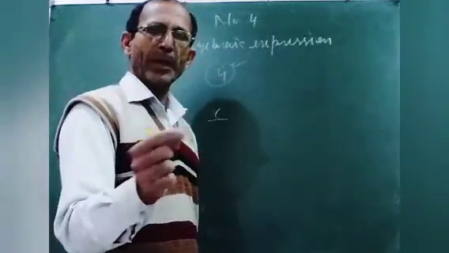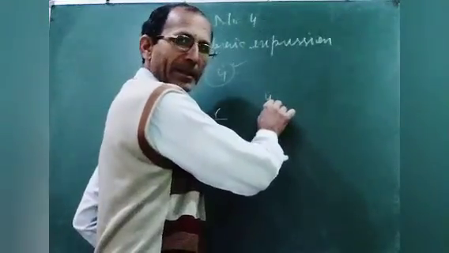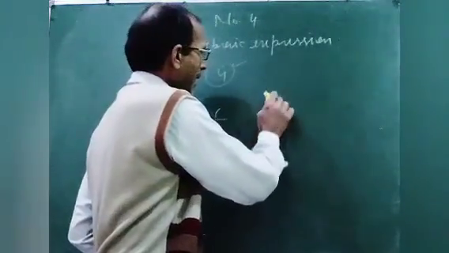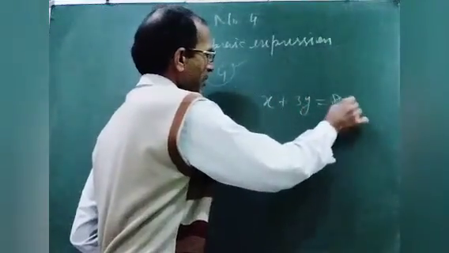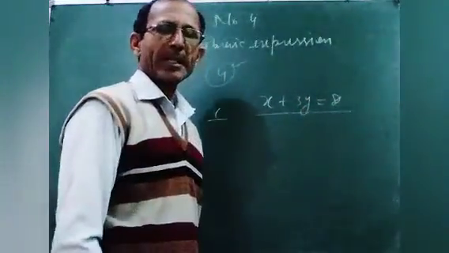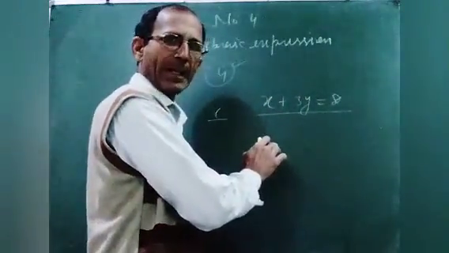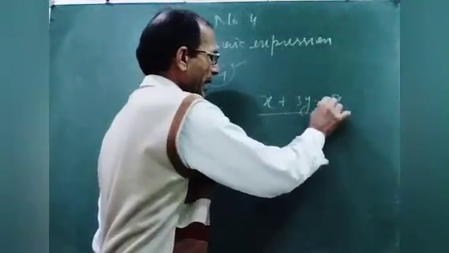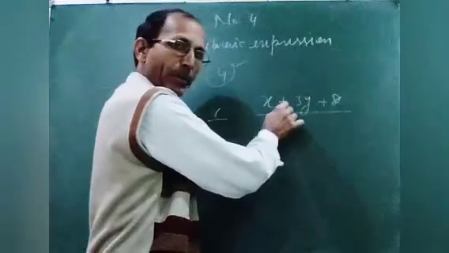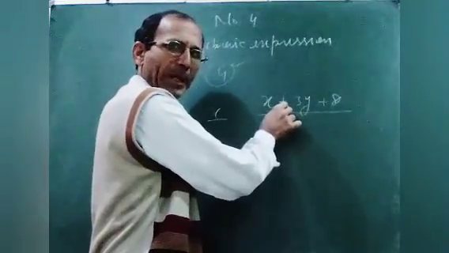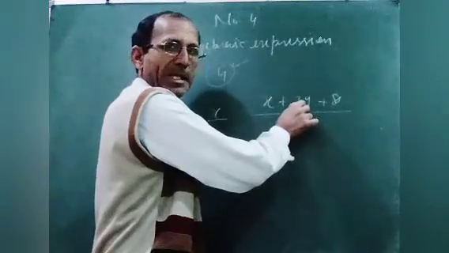Now what is the definition? The combination of variables and constants. You can write like this: x plus 3y is equal to 8. So this is an algebraic expression. You can write 8 here, no problem. So x is a variable, plus fundamental operations of math. 3 is a constant and the coefficient of y.